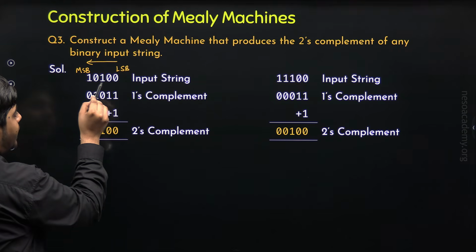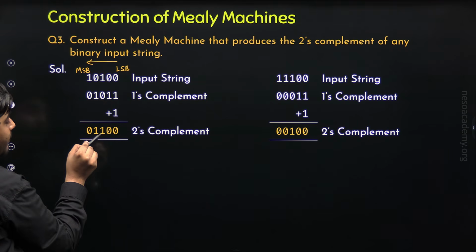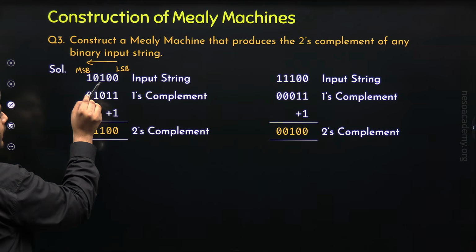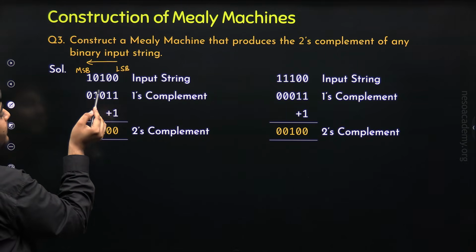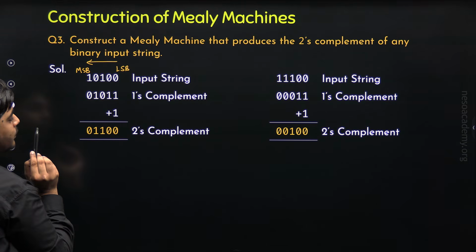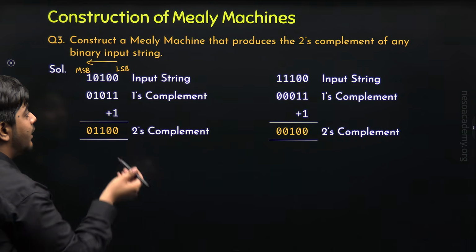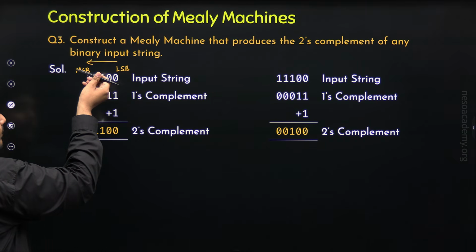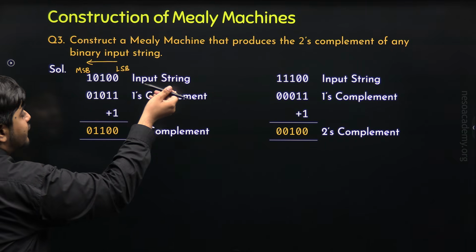When the first one comes, that is also same. But after the first one, all the bits are flipped. That is 0 becomes 1 and 1 becomes 0. I repeat the logic. When we move from LSB to MSB in the input string, that is from right to